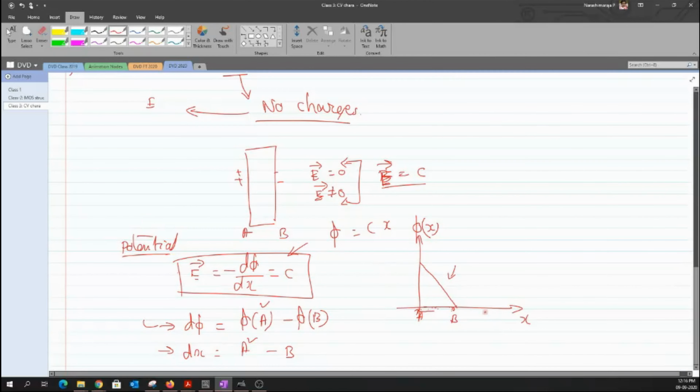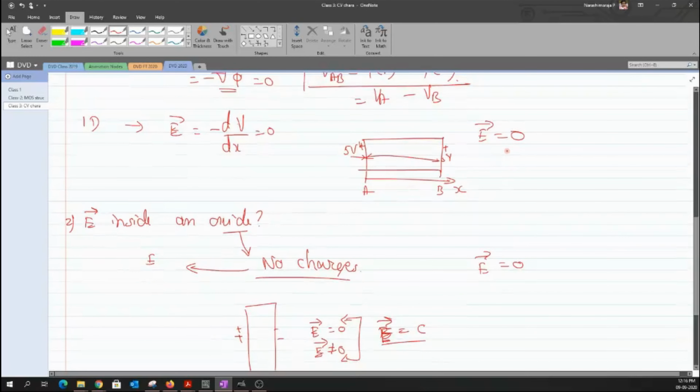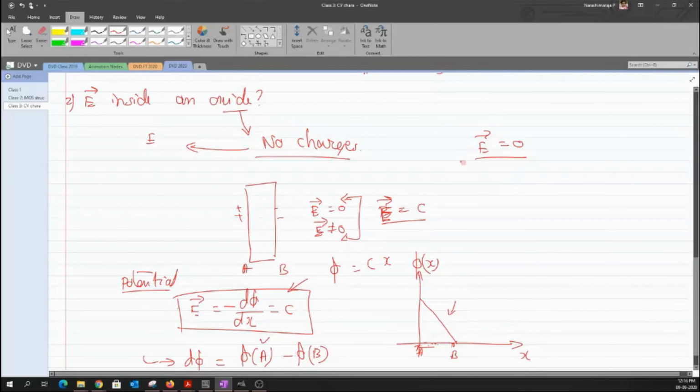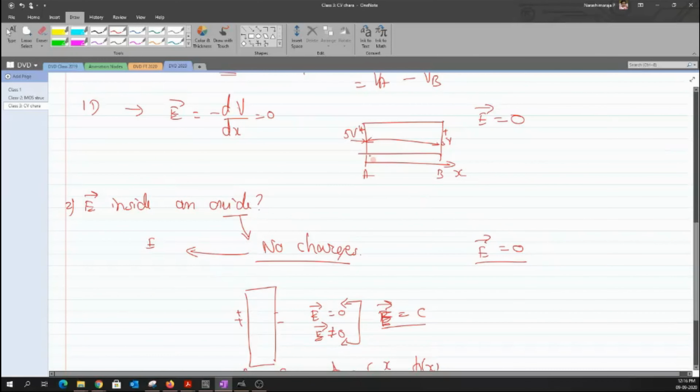Clear? But in the case when I have an electric field that is equal to 0, how can I observe the potential graph between point A and point B? Can there be any answer for this? So the voltage would be a kind of constant, right? Why? Because as I said before, if I have plus 5 volt, the same plus 5 volt would be available on the other side of my metal.